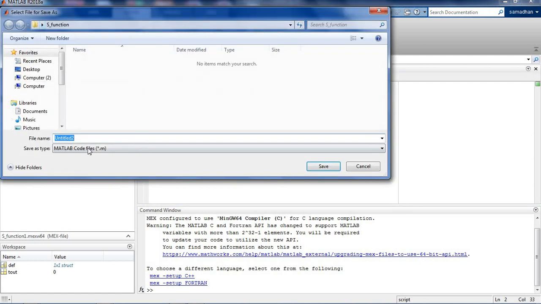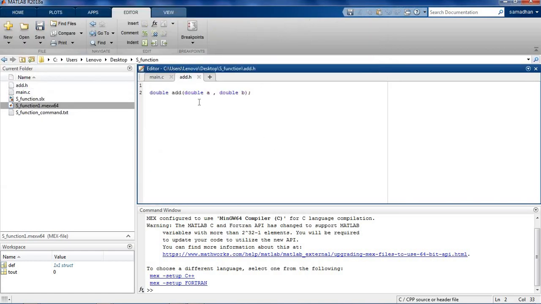Save this also. So I'm saving this as add.h. Okay, I created one main.c file, so I bring this code into S function.